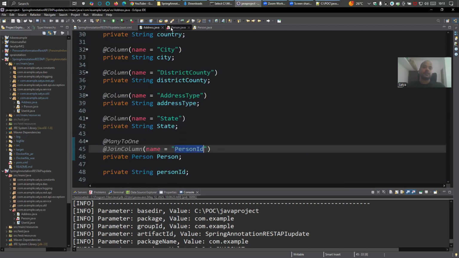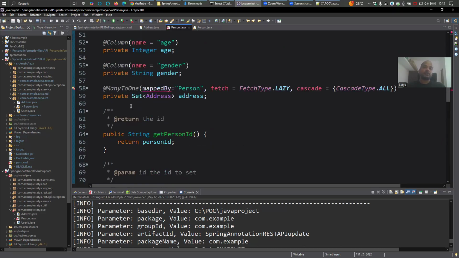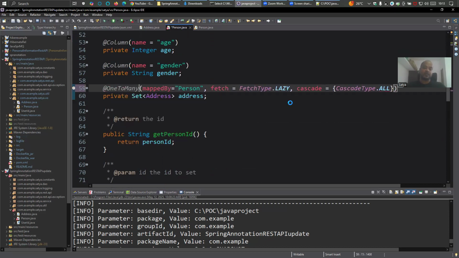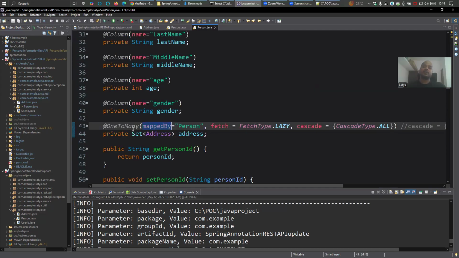This is many to one here in person. Oh, this is one to many. I'm saying, see what I created. I am saying one to many. I created many to one here. That is the reason I was thinking. Yeah, so now it is fine. So one to many, because one person will have many addresses, and in case of address, you will have many to one. Sorry,